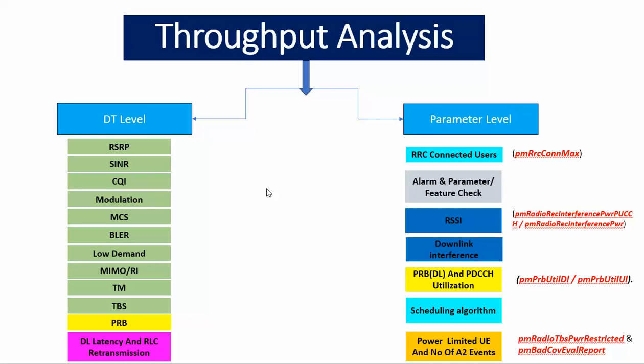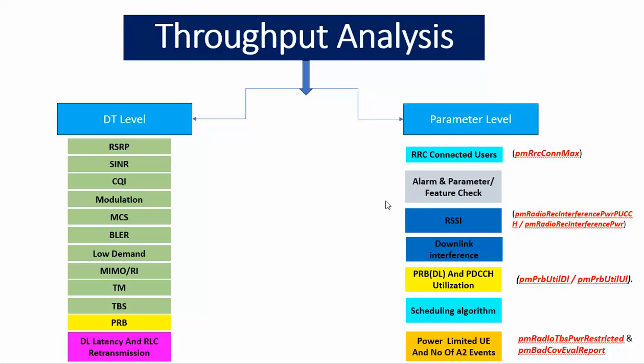CA activation happens on the MAC layer, so it needs to be checked on the eNode B side. DT will inform that CA is not activated, and after that the eNode B side needs to be checked to see whether the CA feature is available. So this needs to be checked at parameter level, the CA feature, and also the